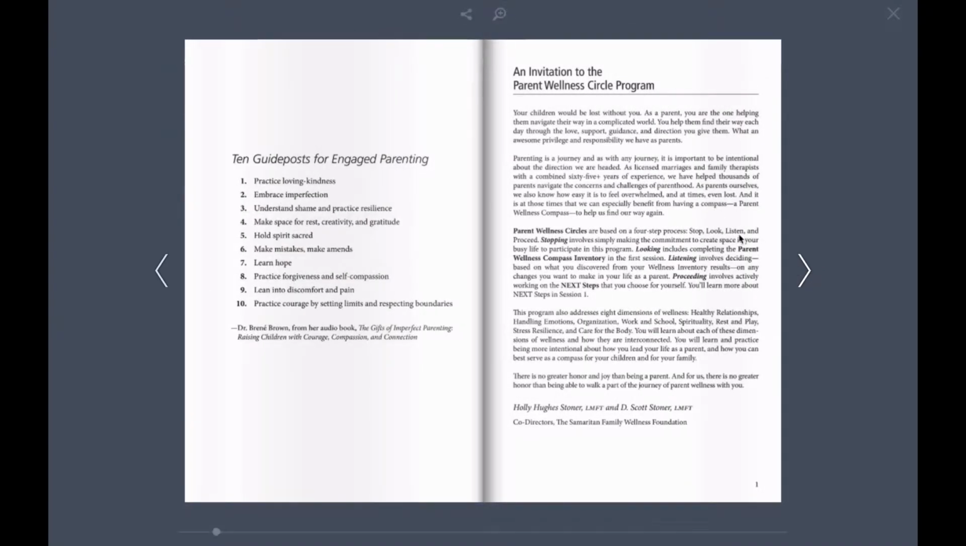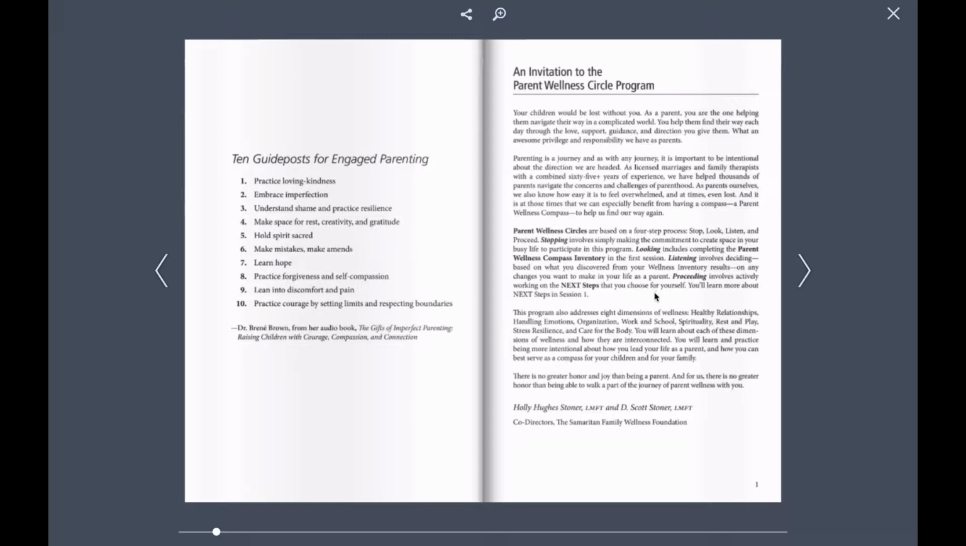On the left there is something you don't need to go over, but it's just for their reflection. Something that Brene Brown, a very famous writer, has written about parenting, 10 guideposts for engaging parents. If you want to read that and discuss that with them throughout the weeks, some people do like to do that. Then on page 1, you'll see it's kind of a letter from Scott and myself,